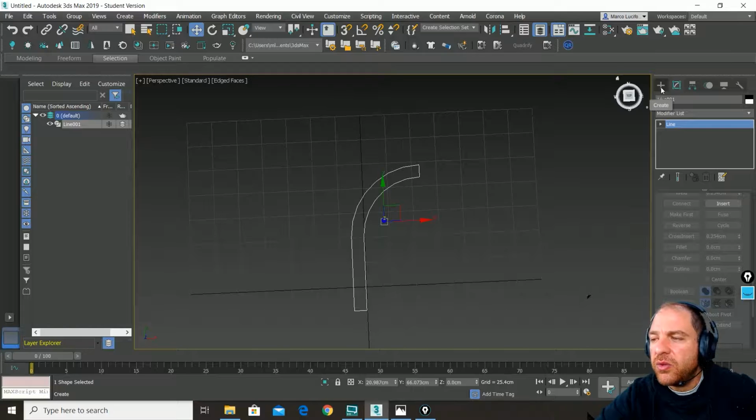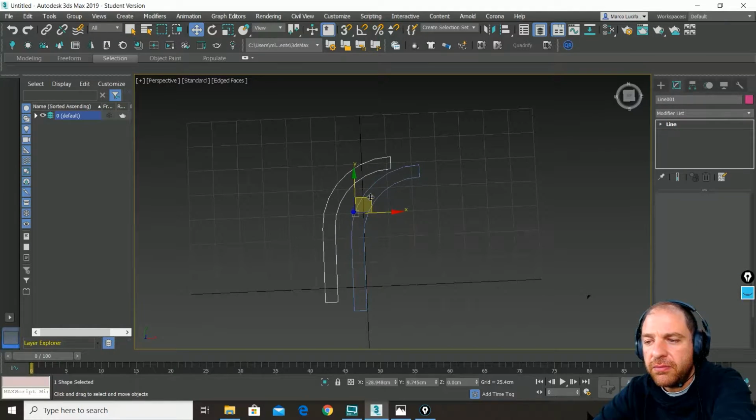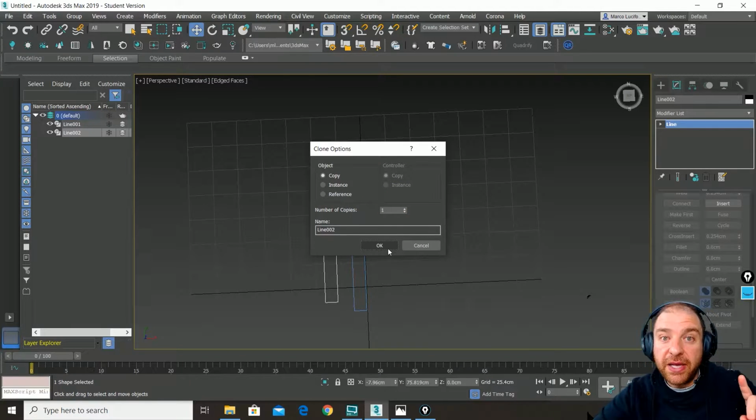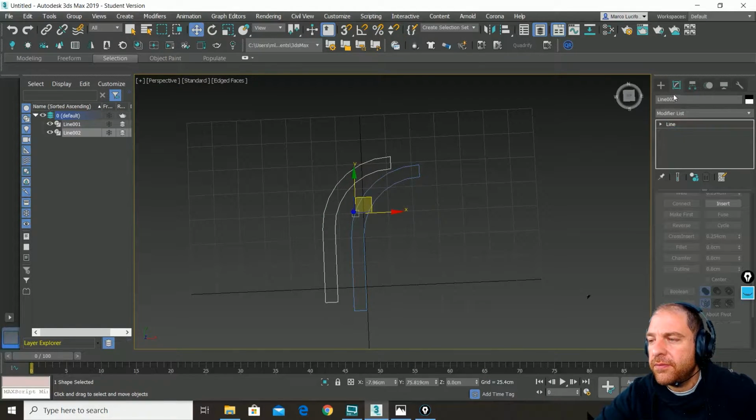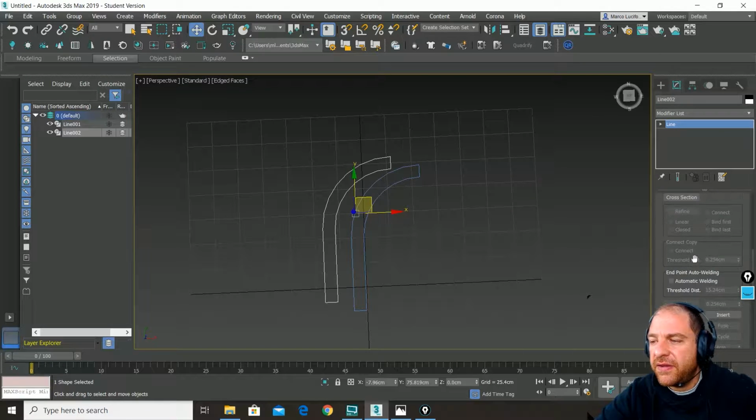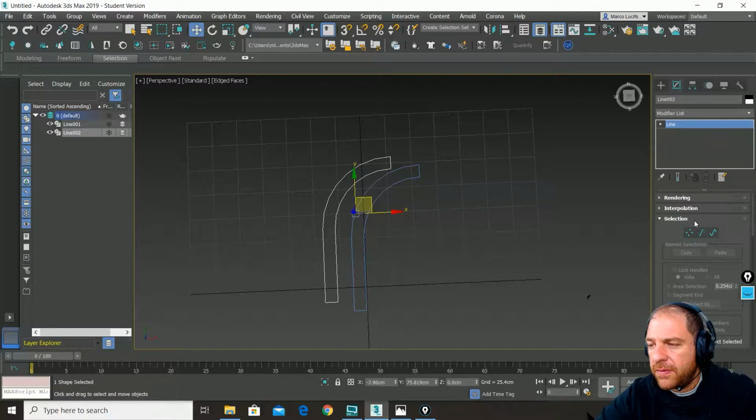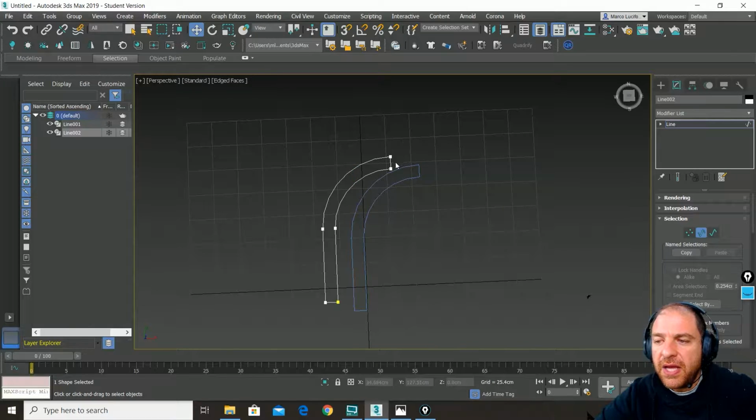So what I will do then is Shift and move. I make a copy, not an instance, and this time I select segments, and I delete